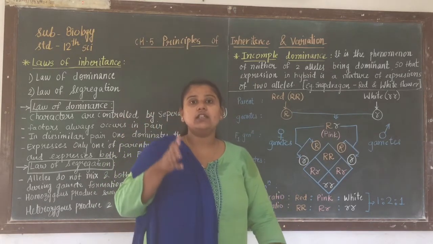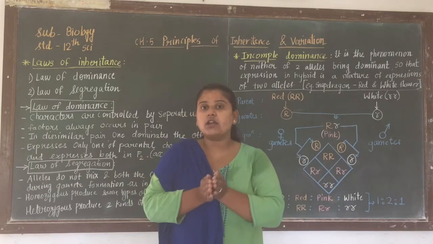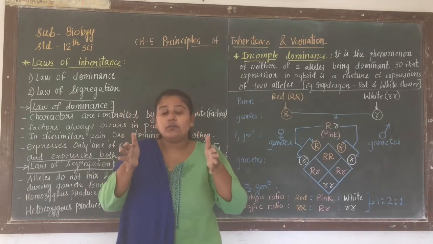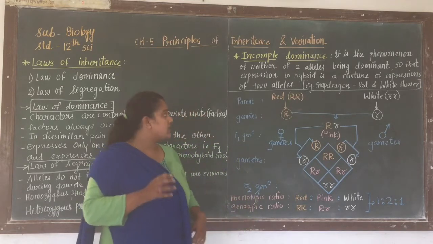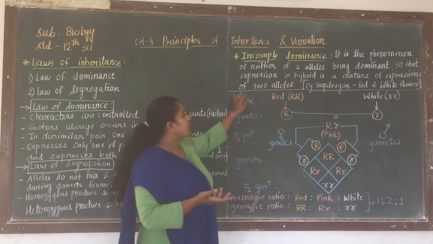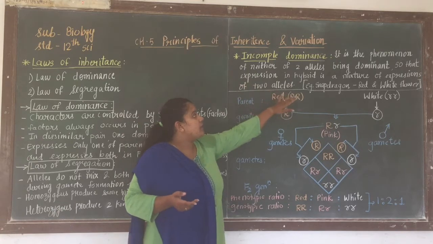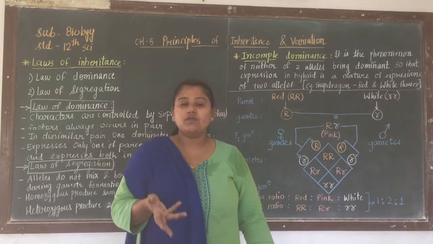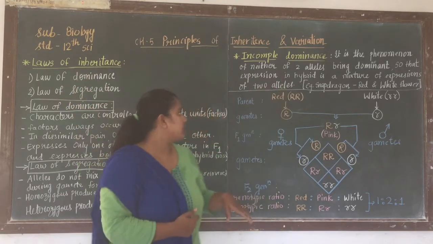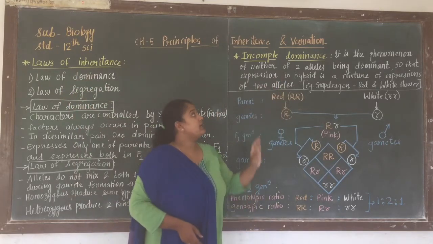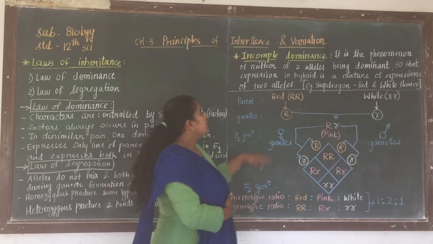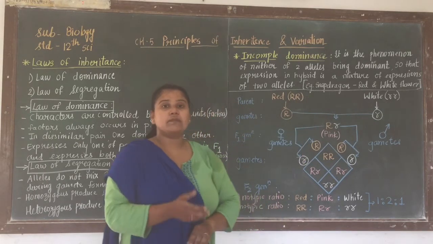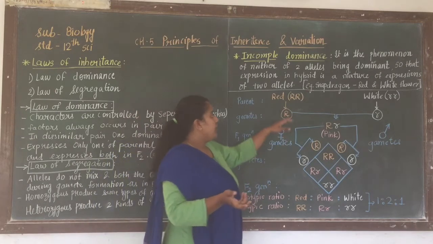As a mixture occurs, both of them are going to express, so there will be an intermediate result which is observed, right? Or we can say the expression in the hybrid is a mixture of expressions, that means the expression will be from both of the parents. The example to understand incomplete dominance is the snapdragon, scientific name Mirabilis jalapa, right?